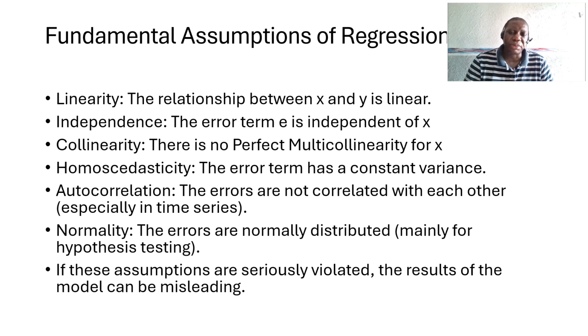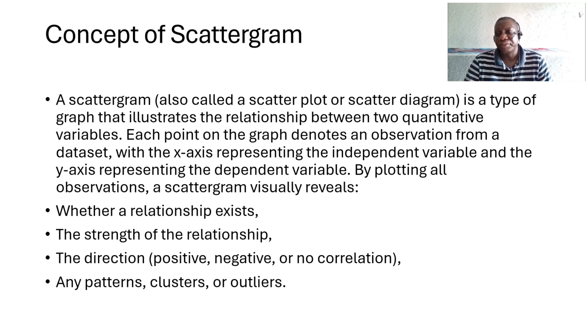If any of these assumptions are seriously violated, the result of the model may be misleading. So we have to test some of these assumptions. That will be for another day, to look at how we test them, and in case of violation, what do we do, and so on, because that is the real aspect of applied econometrics. So still looking at the scatter diagram, like I said, it's a graph that illustrates the relationship between